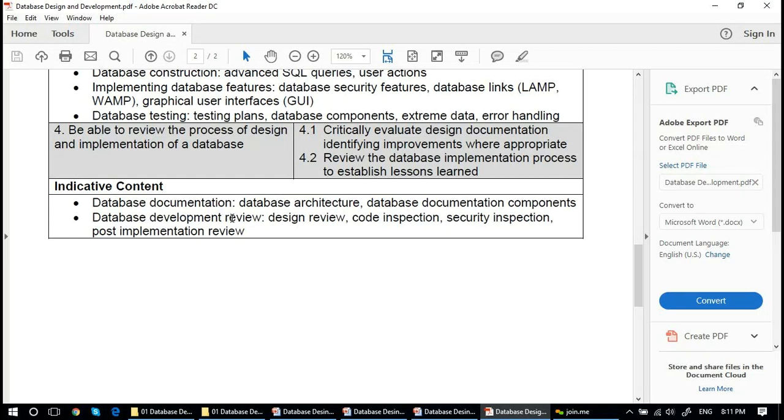You can have a look at what was proposed and whether the requirements are fulfilled or not. This is basically the critical evaluation of the design documentation, identifying any improvements where appropriate, and reviewing the database implementation process to establish the lessons learned. So let us start